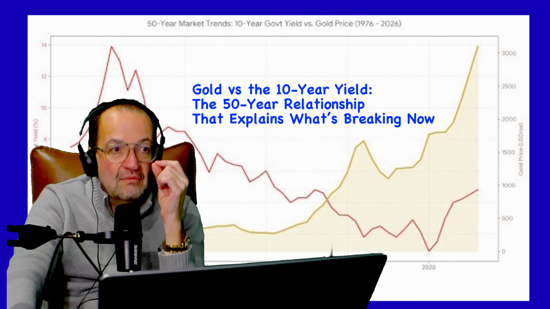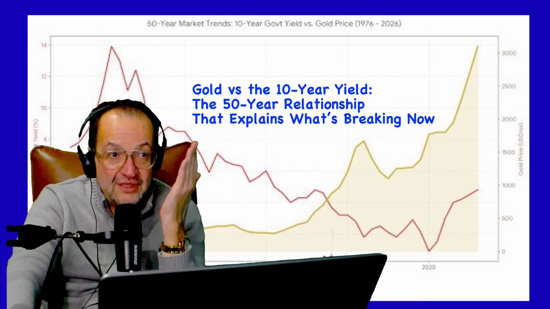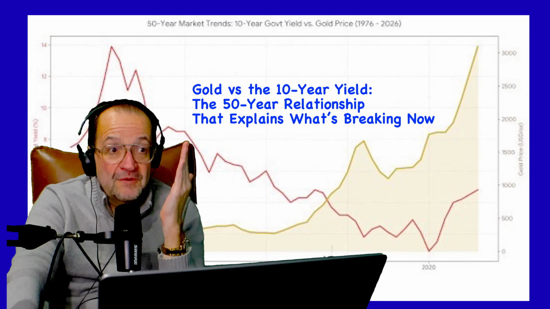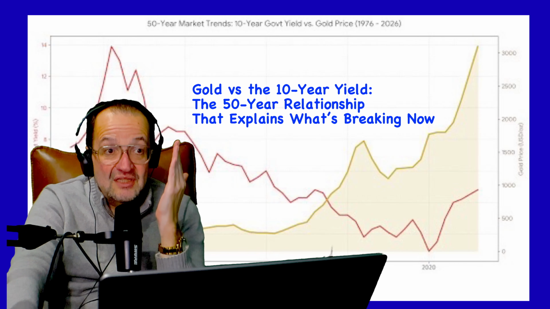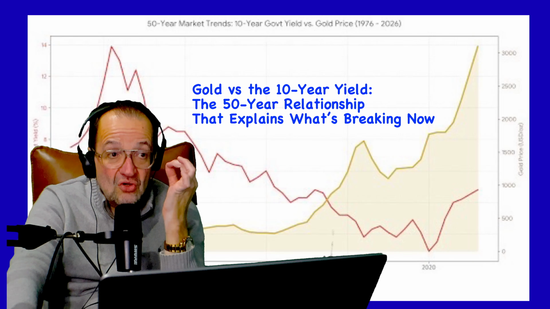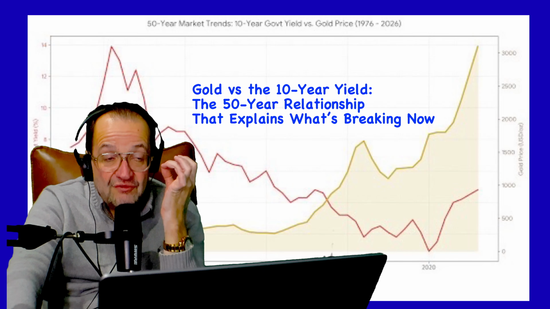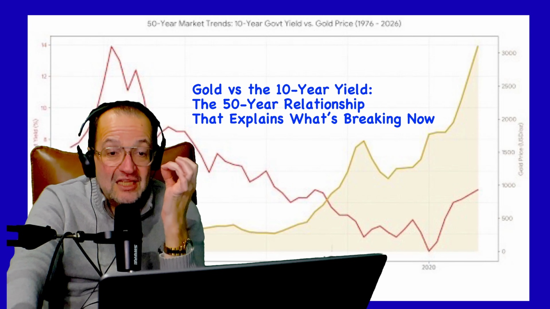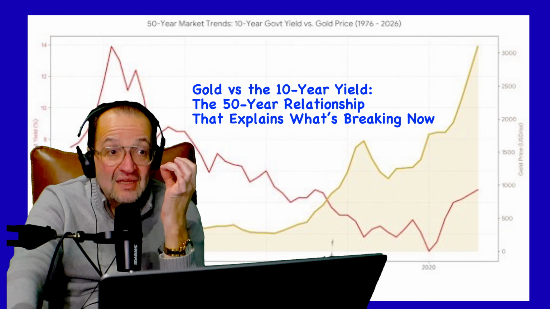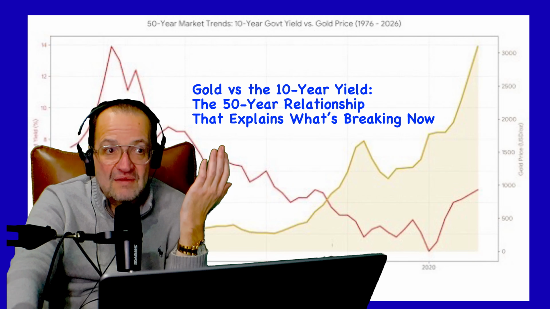Why? Because after 2008, central banks start printing money. Interest rates were pushed down to almost zero. Debt exploded. Yields were low, not because things were healthy, but because things were fragile. Gold rose because investors no longer trusted paper promises. Financial stability felt artificial. Risk was being hidden, not removed. Low yields didn't mean safety. It meant intervention. And gold responded accordingly, meaning I don't believe what I'm seeing.